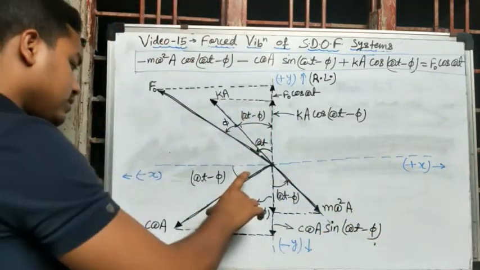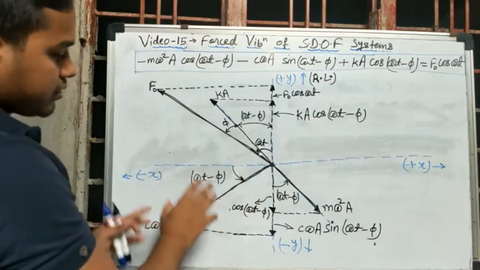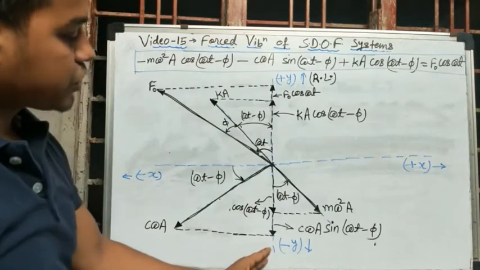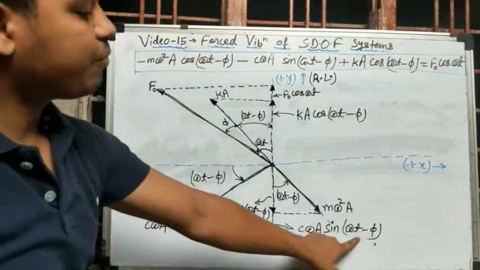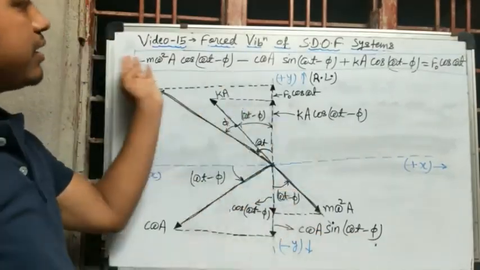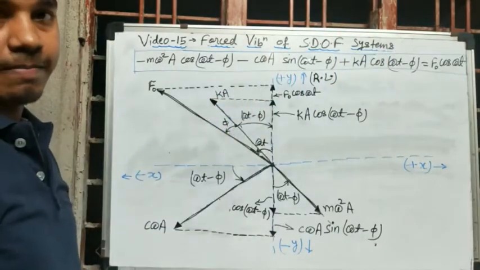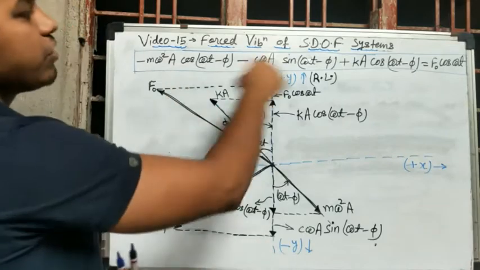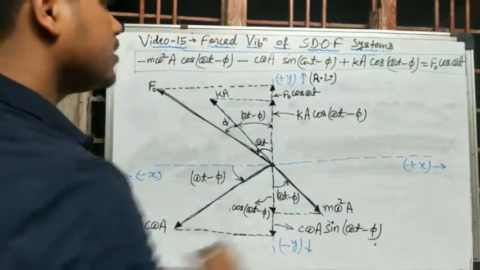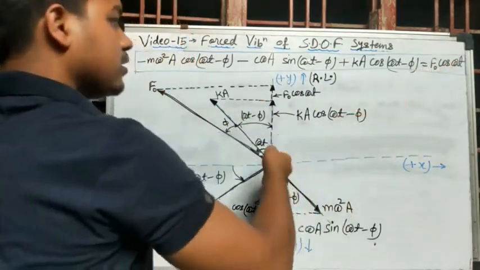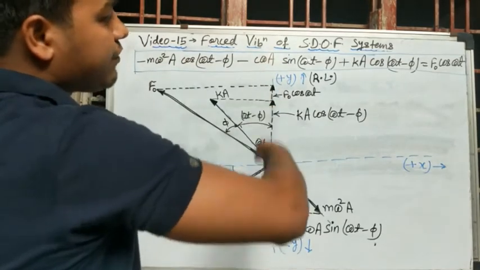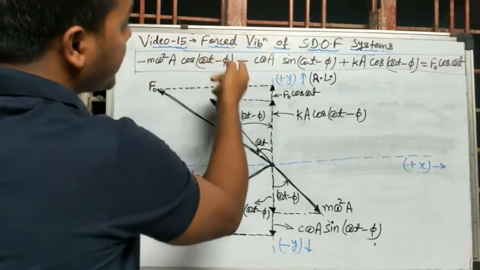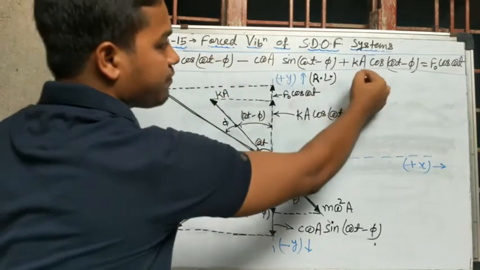So this is the position of c omega a, which is correct because I have a downward direction vertical component of the force, c omega a sin omega t minus phi, which was required by this system of forces. So this is the vector representation of all these four forces. We'll just recheck once again. First of all, f naught cos omega t should be on the reference line, which is correct, f naught cos omega t minus m omega square a cos omega t minus phi. Oh, we'll leave that, we'll start from Ka.